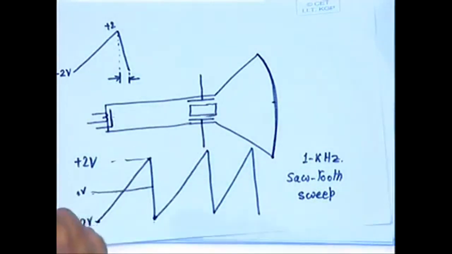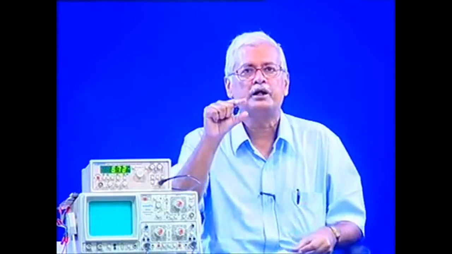And on the other side of it, wherever you have the signal, the actual voltage you want to monitor, which you are feeding to the vertical axis, there you may like to adjust its voltage, because you may like to cover the entire screen, or supposing you want to show a part of the screen only, especially whenever you are using both the beams together, okay, you may have to adjust both the amplitudes as smaller amplitudes, so that in one screen itself you can compare both. So, accordingly you can vary the voltage, which will be used only for showing on the oscilloscope. I mean, you are not changing your circuit voltage, but for display purposes you are adjusting the voltage settings,